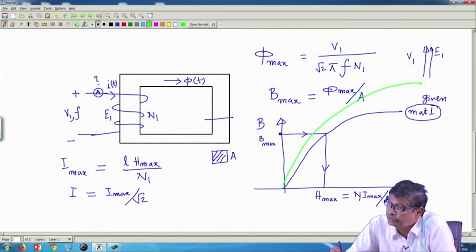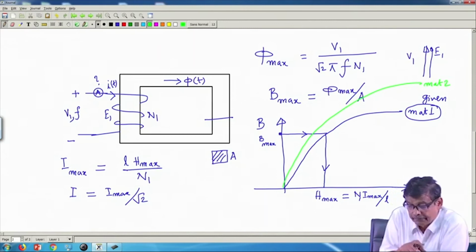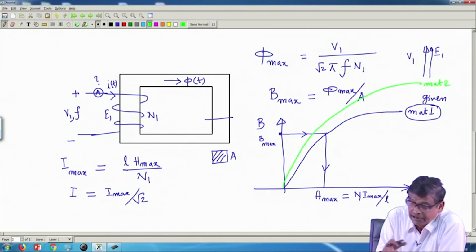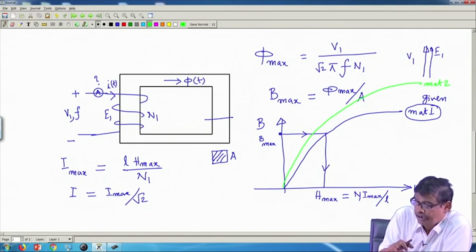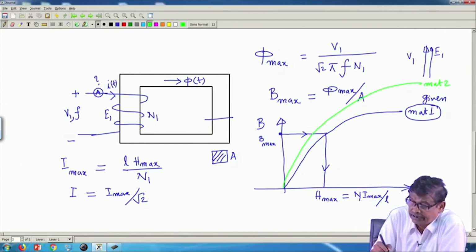So, material 2's BH curve is this. Then I apply the same voltage and frequency to this coil. Then how much current is this coil going to draw? Then if this is material 2 now,